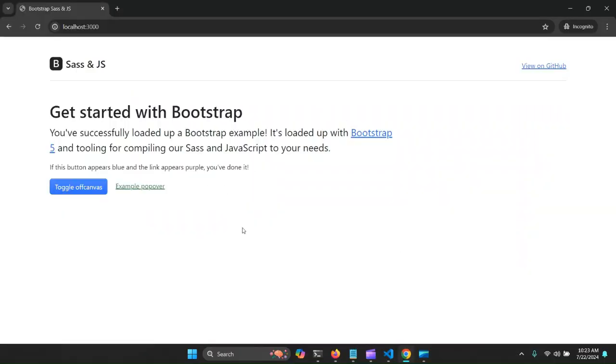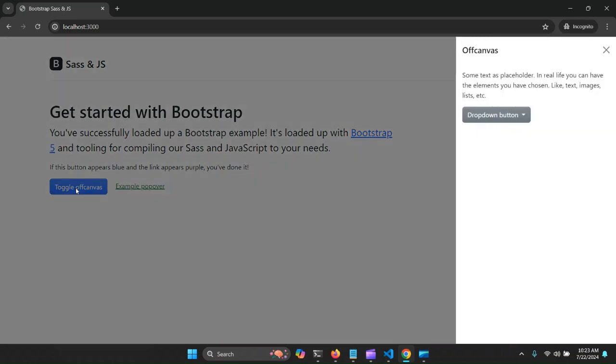Let's say on our page, we have this toggle off canvas, and it brings out a little side off canvas modal, or whatever you'd like to call it. And let's say this header here, we want to change the color of that. Maybe you have a specific brand color that you want it to be. The first thing that I would do is determine which CSS property and value need to be changed